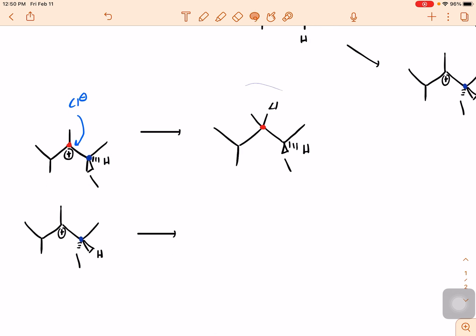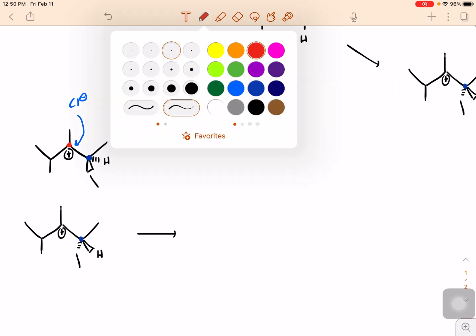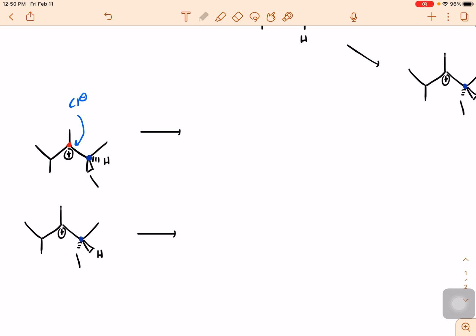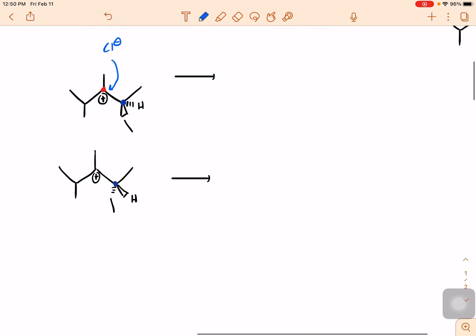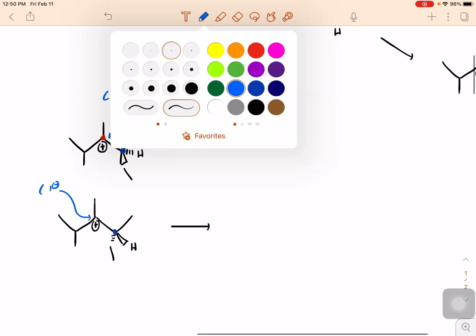So it looks really funky, but just work with me. So I'm going to erase this, since we know that it's not the most accurate way to represent our product, but we do know that chlorine is going to come in on the carbocation regardless. So our products are going to be